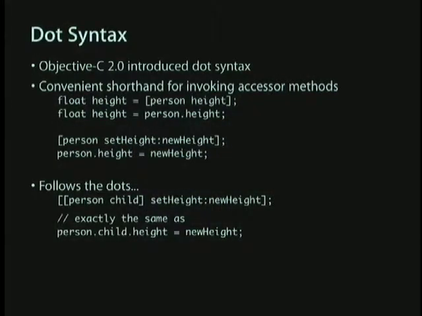Last slide, were you saying that the equal sign will assign in the opposite direction than the tradition does? No, it assigns in the normal direction. So person.height equals new height will call setHeight with the new height value as the argument. Assignment works in the same order that it would if you were just assigning to a variable on the stack or something.